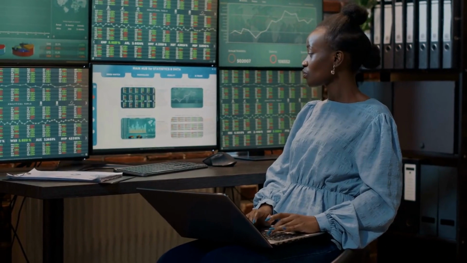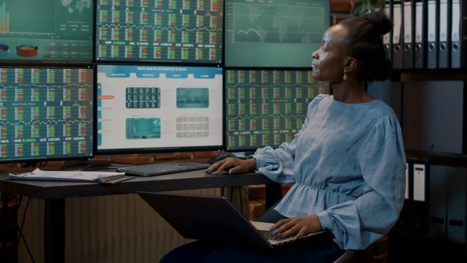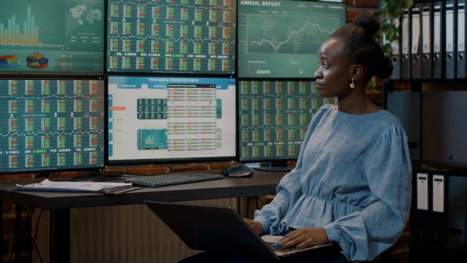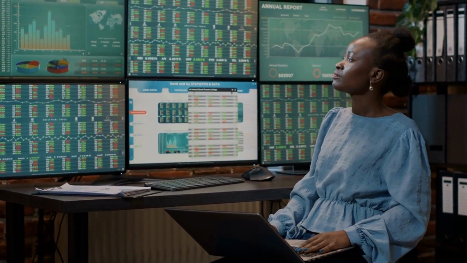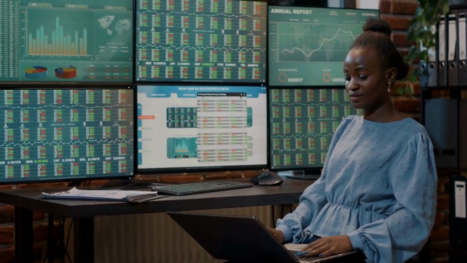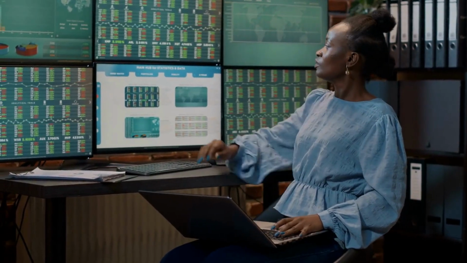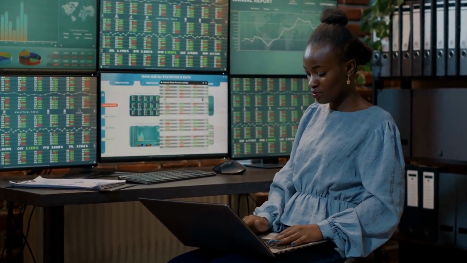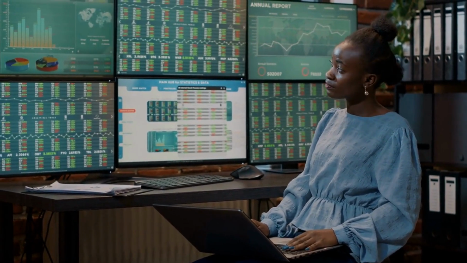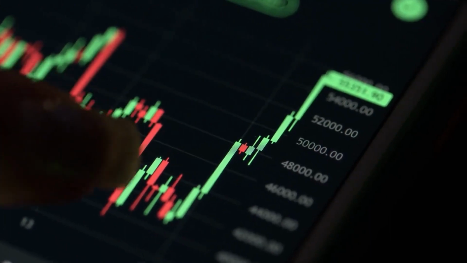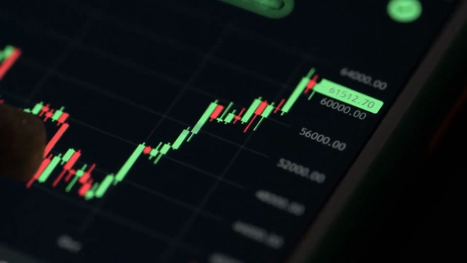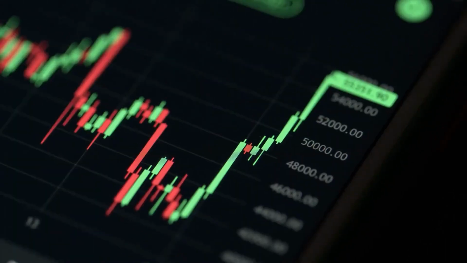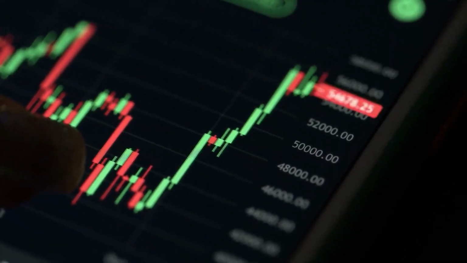For example, if you hold a put option to sell 100 shares of company XYZ at a strike price of $50 per share, and the current market price of company XYZ is $40 per share, you have the right to sell 100 shares at $50 per share and buy them in the market for $40 per share, generating a profit of $10 per share. However, if the market price of company XYZ is above $50 per share at the time of expiration, the option will expire worthless and the holder will not be able to exercise their right to sell